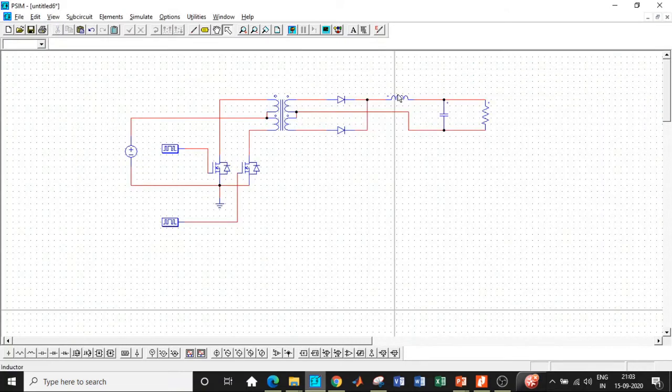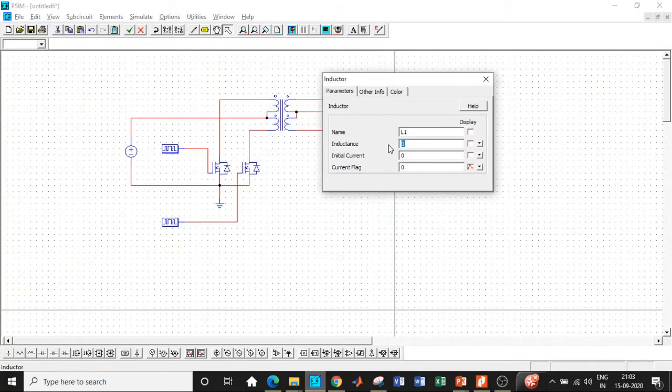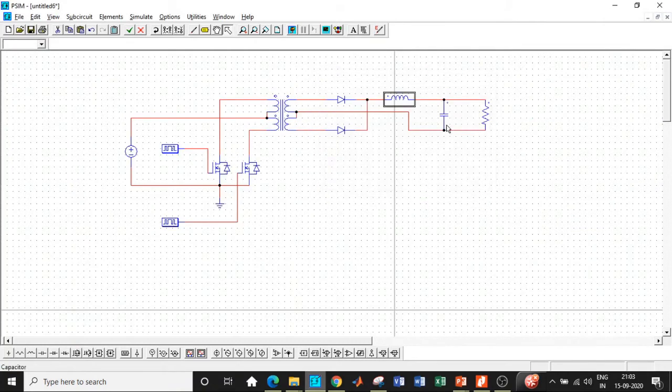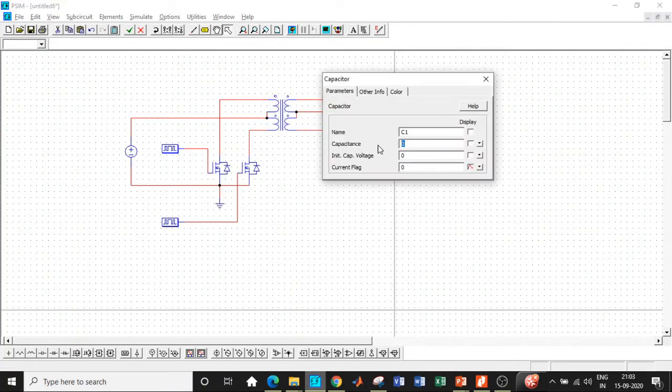Once that is done, we'll be entering the inductance value. The inductance value that is chosen according to our circuit is 268.19 micro, so enter that value. And once that is done, we will be using a capacitor with a value of 41.42 nanofarad. So enter 41.42 nano and close that window. We'll be using a resistor, and its value is chosen to be equal to 8 ohm according to our circuit diagram. So enter that as well.